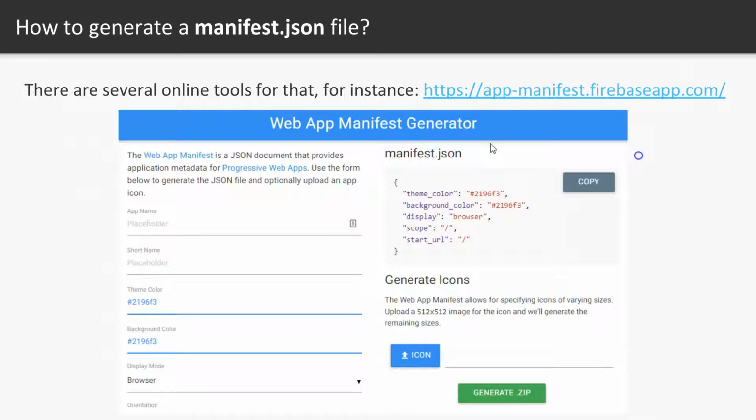Now, in order to generate a manifest.json file, we'll see that in our case of an Angular project, Angular will actually do that for us. And that's what we're going to see in our next videos. But you can also create your manifest manually, and there are websites where you can generate the manifest.json, such as this one on the screen here, where you can just enter all of these different values and then generate a manifest.json on the fly. So you have a lot of different options, and it's really easy to create that file to enable all of these progressive web app features for your website.